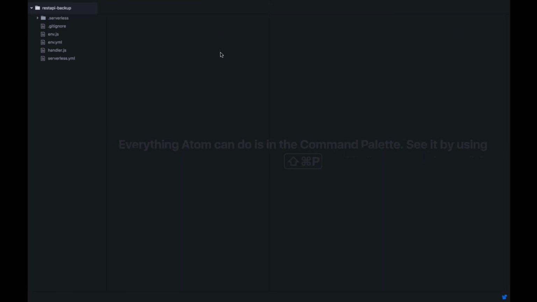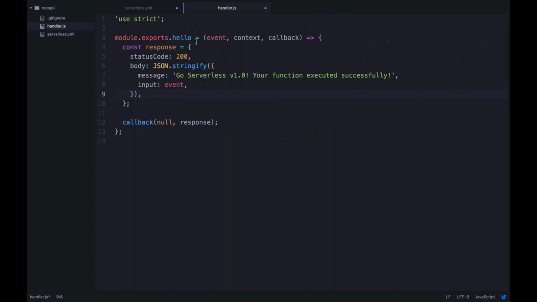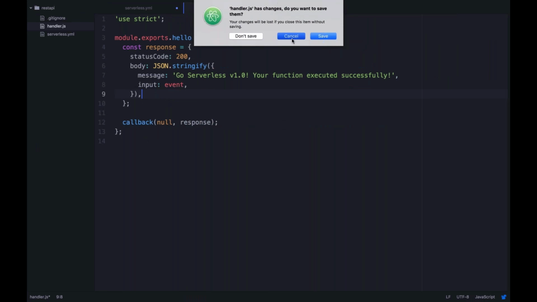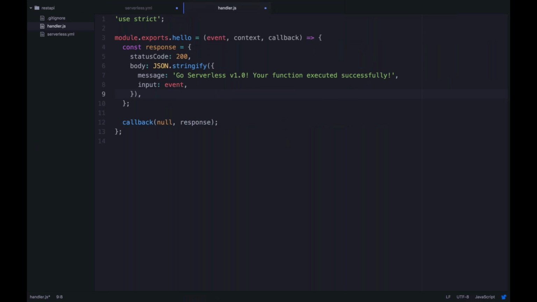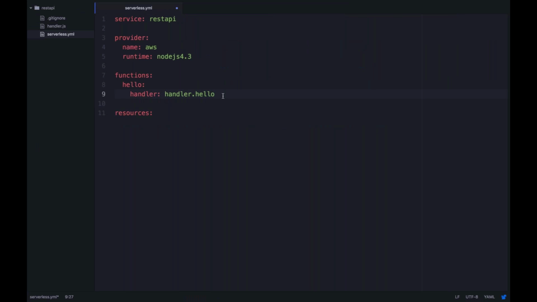Okay, next up, we want to add some events to this. So again, right now in serverless.yaml, we have a function, but we don't really have anything that's going to trigger that function. Now, we could manually invoke it with the framework. That's really easy, but we actually want this function to do something in response to an event. So to set that up, all you have to do is add an events property, and we're going to make a simple HTTP. We're going to make a simple REST API, basically.